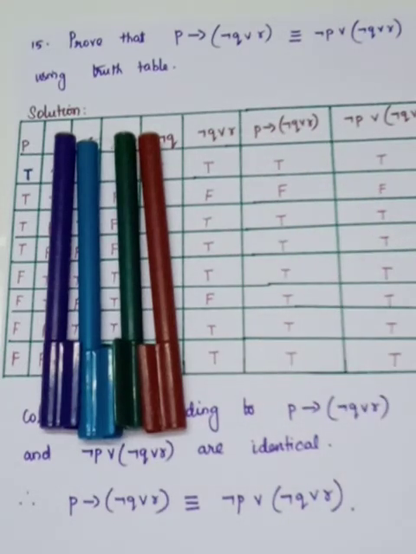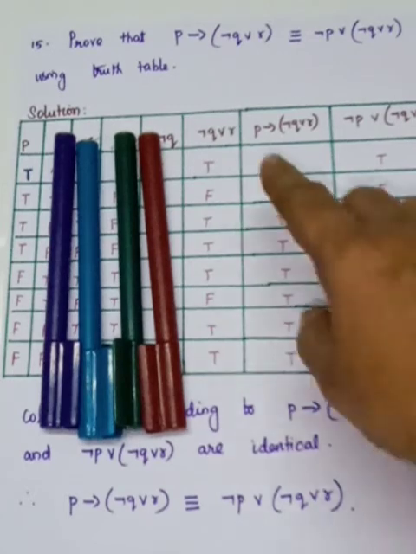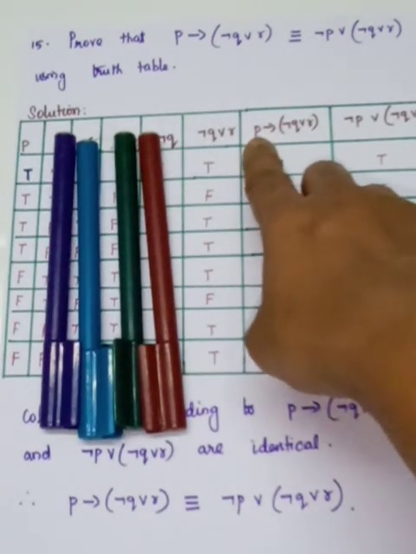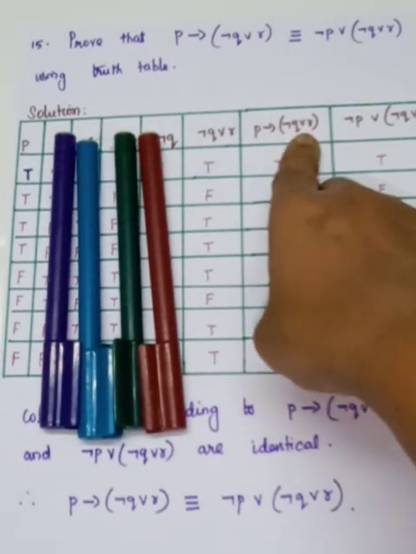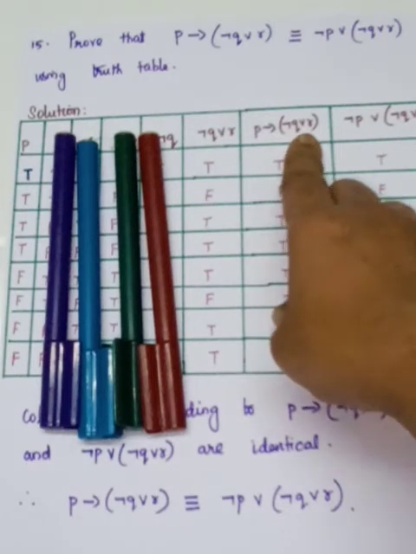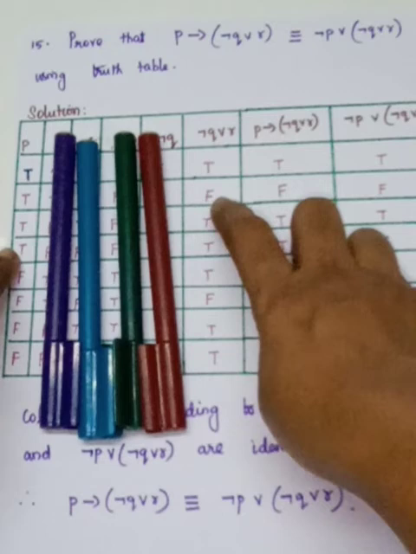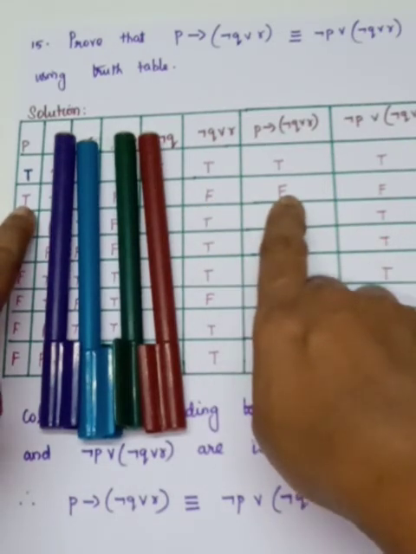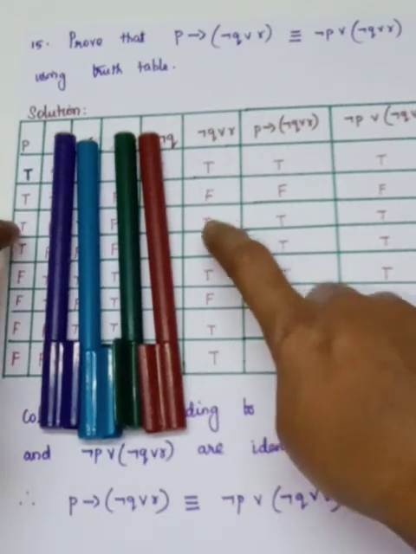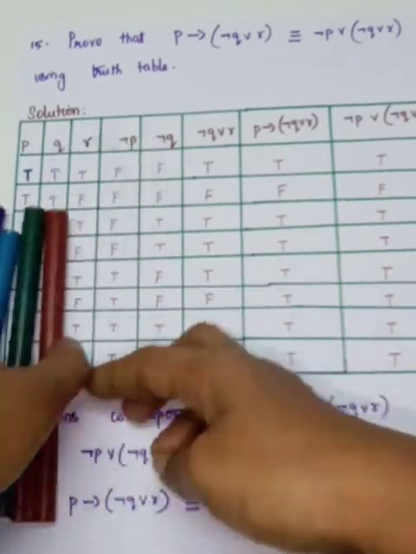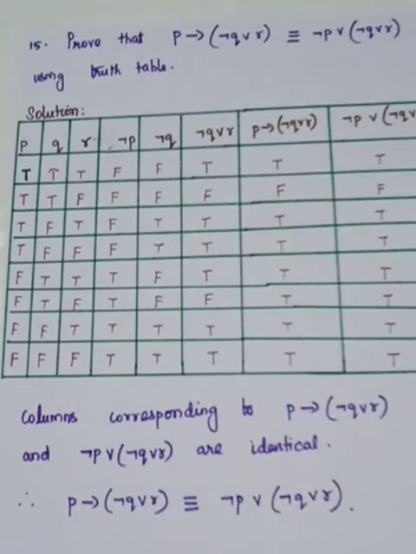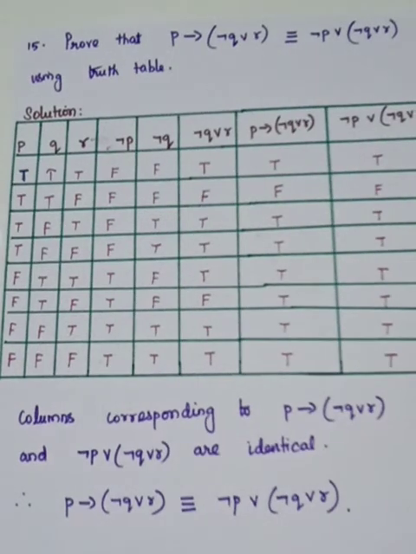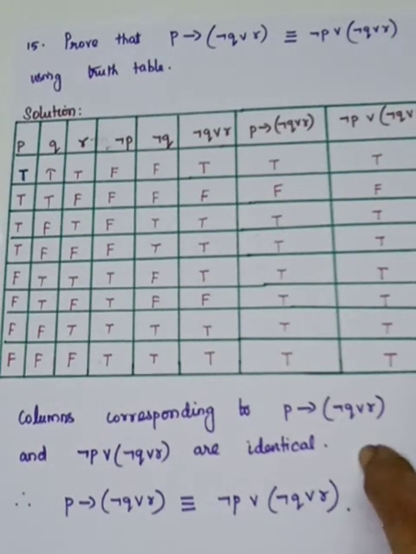You have to see only one condition. What is it? P is T, the first statement is T, and if the second statement is false, then it is false. So you see to that. So here 4 T is there. See the next one. In the second row only you are having false, TF. So you have to write false here. So the remaining everything you have to write T. Okay, so next we are coming to the next one.